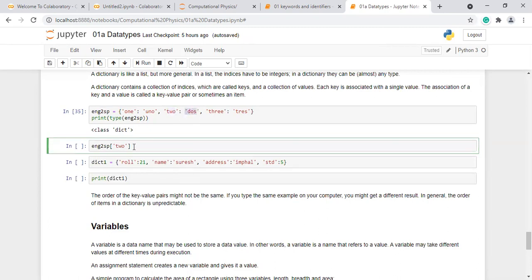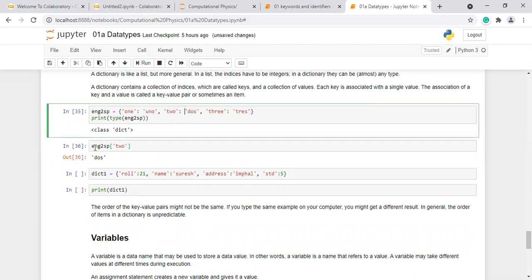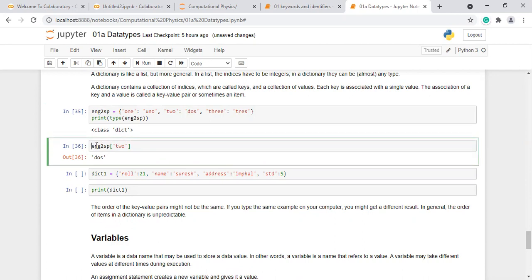So when I execute this cell, I should get the value corresponding to the input key 2. Let me run this. I should get DOS. This is the dictionary, the key 2 and the value DOS. Got it?